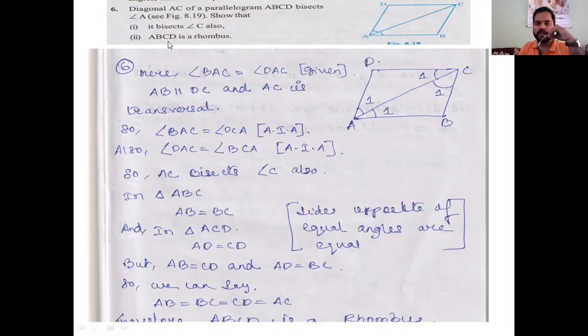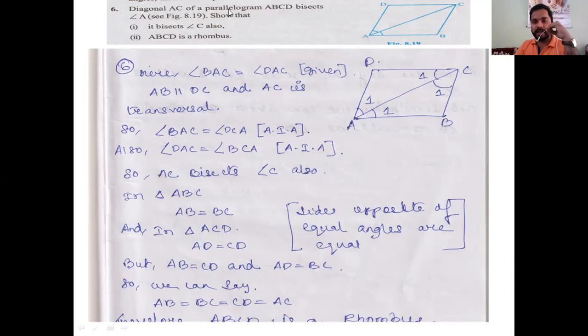Secondly, it is told to show that ABCD is a rhombus. To show ABCD is a rhombus, we have to show that their sides are equal. Now you see, as I told you that all the four angles are equal to one another. If this angle is equal to this angle in triangle ADC, then their opposite side will also be equal as per the isosceles triangle property. So I can say that AD is equal to DC. Okay. Here also you see, this angle is equal to this angle. I can say that AB is equal to BC. That means the adjacent sides are equal.